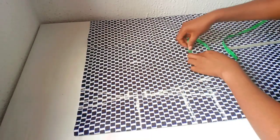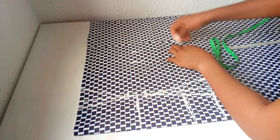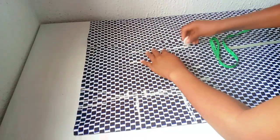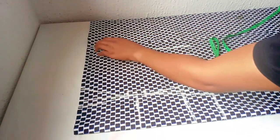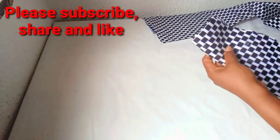Then take your seam allowance, 2 inches. Connect it from your bust down to your waist. This is what you will have. Now for our armhole side, I will use the back side to place here to create our armhole. This is it. I will also cut out the lining that I'll be using for it, and also pad it